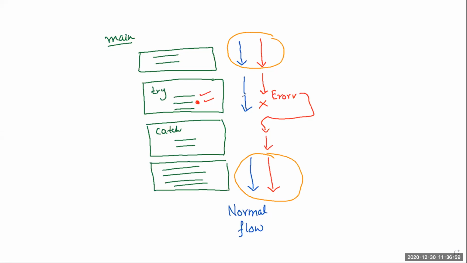If there is no error, the try block is completely executed and the catch block is skipped, right? Because the catch block is giving error messages, it is handling the exception. If there is no error, there is no need to execute it. So if there is no error, the catch block will be skipped. That's why you see this blue arrow, it will skip this part